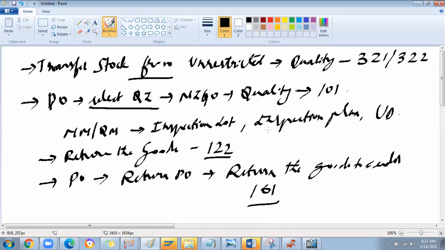We will not go for a return PO. If you receive 10 numbers, and in that 9 pieces are good and 1 piece is not good, then we go for the return through 122. Okay, movement type 122 is used, with reference to the same PO and the same material document which is already received. The return PO scenario is like after 2 or 3 years down the line, some stock is available in your premises which you don't know from where it was received, or you are not able to track it. Then you are going to raise a return PO to return the goods to a vendor. Then we'll get the money back from the vendor.